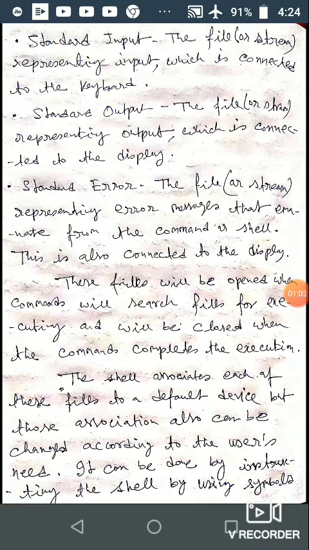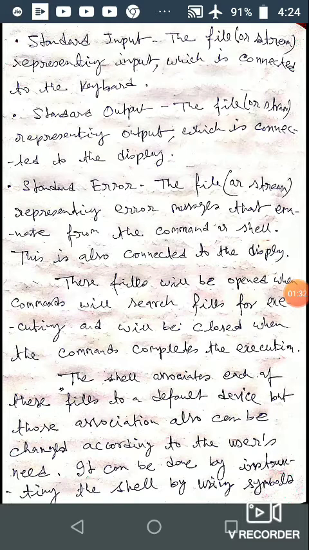For standard input, all these types of inputs can be called a file or stream. The standard input is the file or stream representing input, which is connected to the keyboard.